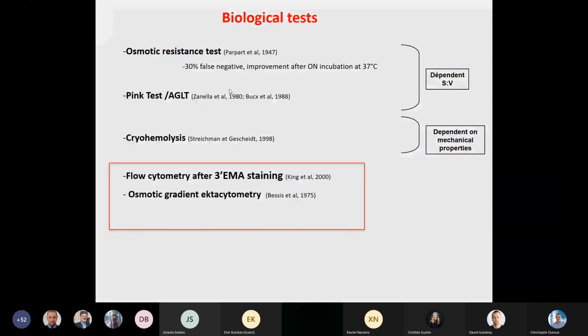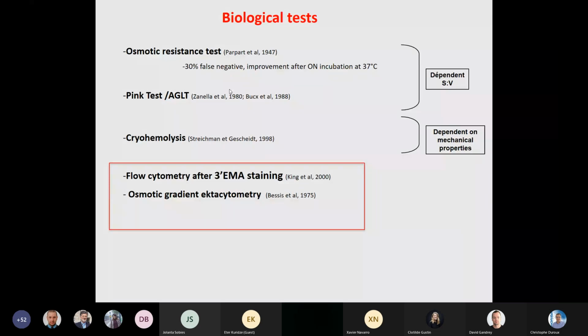So once you have evoked spherocytosis, what will be the biological test you are going to use to confirm your diagnosis? So there are a lot of tests that have been described in the literature. There's no way to talk about each of them. It depends on each laboratory's expertise. So I'm going to talk about the two tests we are performing now in our lab, but some laboratories still